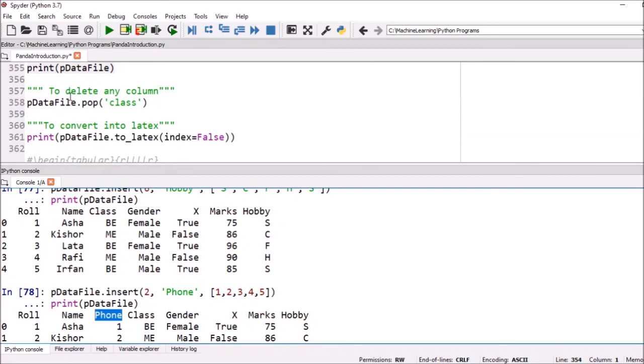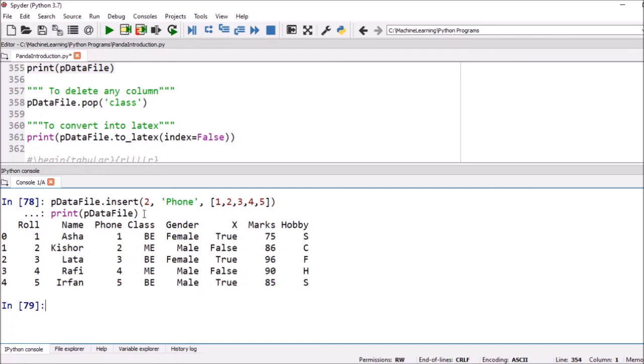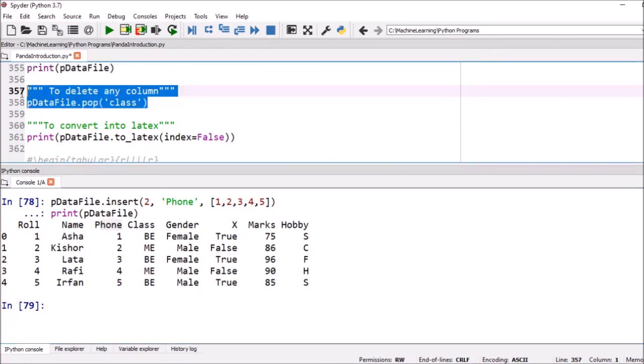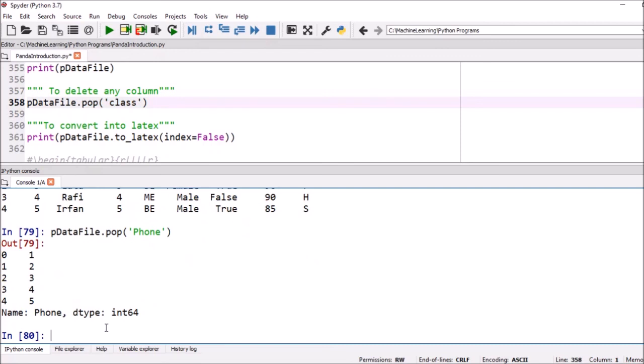Similarly, we can delete any column. Okay, suppose we want to delete class, or suppose you want to delete phone. So how to do this one? Here we have to write the column name phone and print it. And here it displayed the output. Okay, so we have deleted this part.